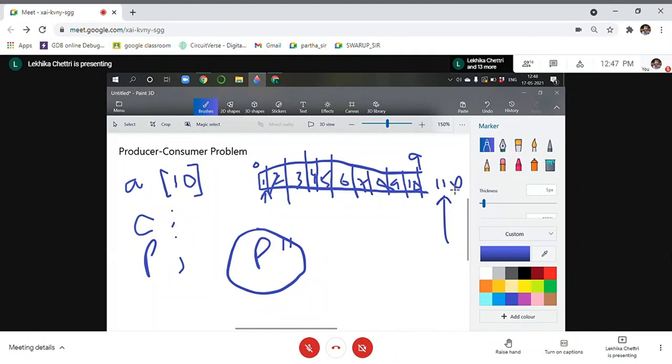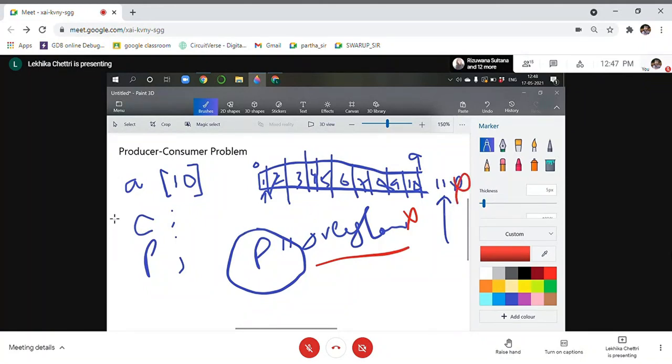So that means when producer produces anything in the producer program, we have to make sure that overflow does not occur, because if overflow occurs, then it will be the loss of value. We have to make sure in the producer end overflow does not occur, because if overflow occurs, we will lose this value.